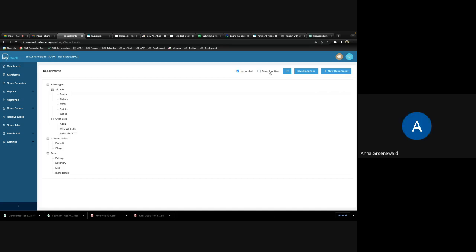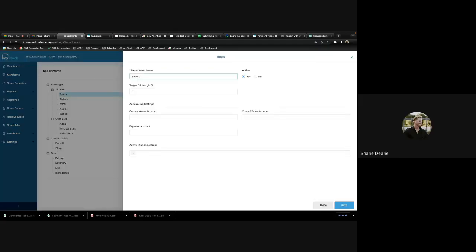Okay, perfect. Can you change the name of a department? Does it have an influence on reporting later on, or is it not a problem to do that? No, it wouldn't be a problem on reporting. Obviously it would change the name in the reporting, but if you wanted to change this to craft beers, you just need to remember that if you didn't create